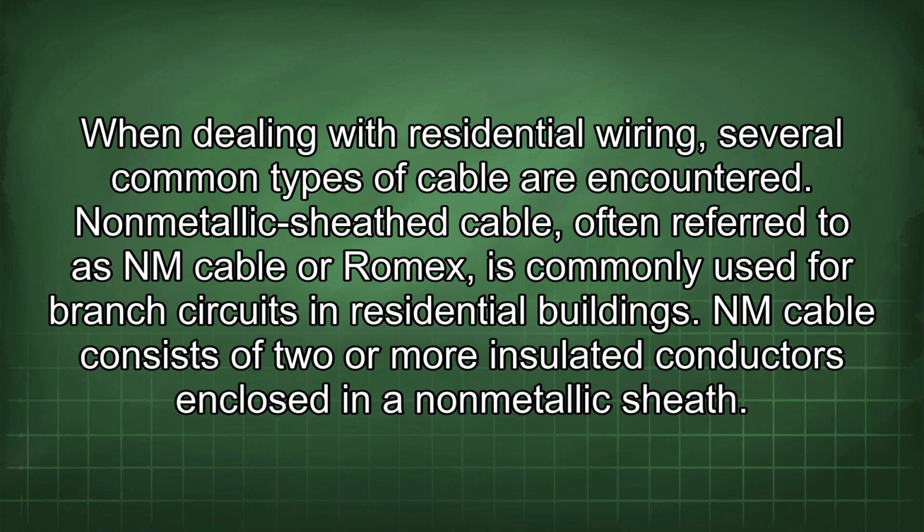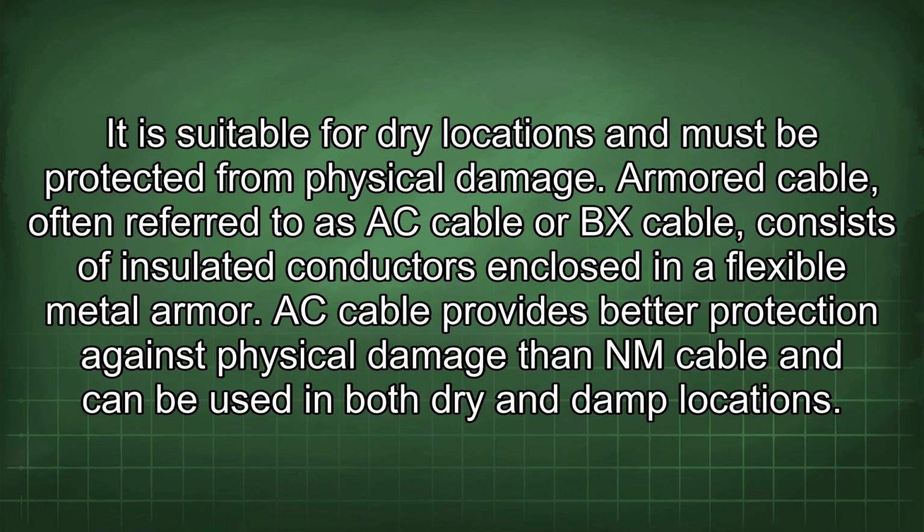NM cable consists of 2 or more insulated conductors enclosed in a non-metallic sheath. It is suitable for dry locations and must be protected from physical damage. Armored cable, often referred to as AC cable or BX cable, consists of insulated conductors enclosed in a flexible metal armor. AC cable provides better protection against physical damage than NM cable and can be used in both dry and